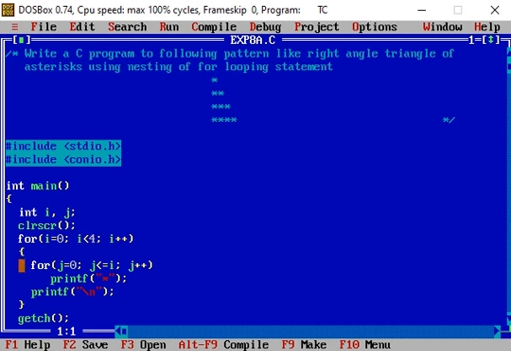So the first statement is the for looping statement. So again the value of j is set as 0, and the condition is j less than or equal to 3. So for the value of j equal to 0, 0 less than or equal to 3, the condition is true.